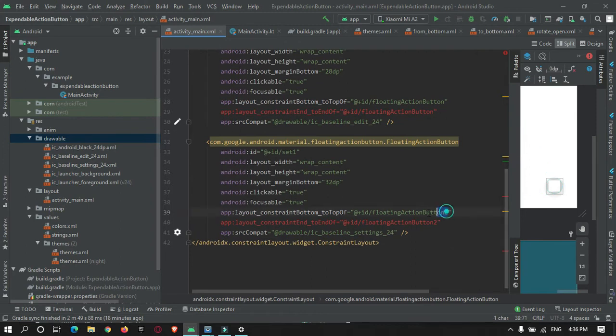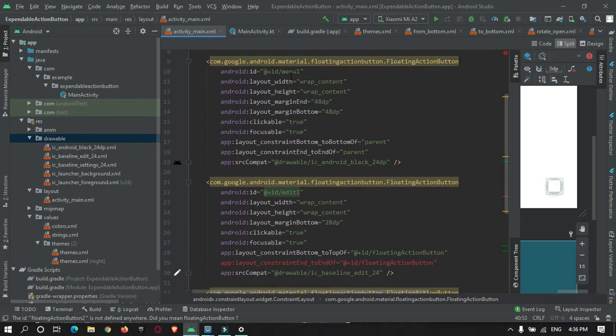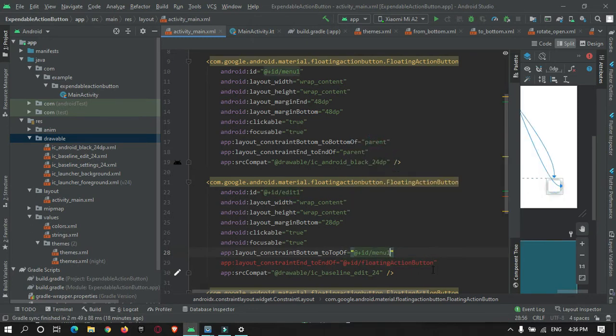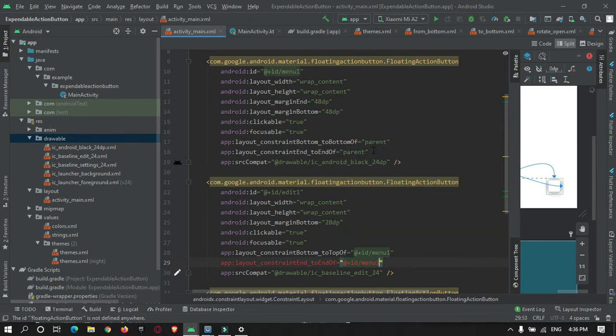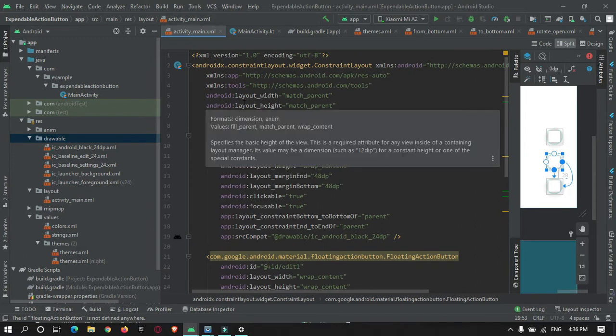The ID will be edit 1 and edit 1, and for this button this ID we must use menu 1 and menu 1. Okay, as you can see it came exactly on top of each other. So the UI design has been created.